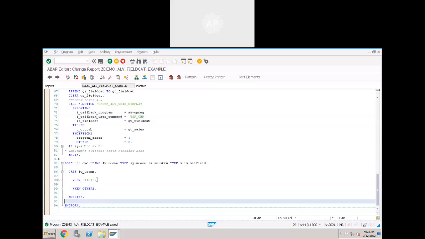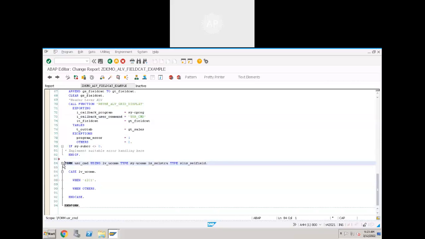What are the parameters of that subroutine? Just assume it as a function module, and these two are the importing parameters. This is one importing parameter and this is another importing parameter.